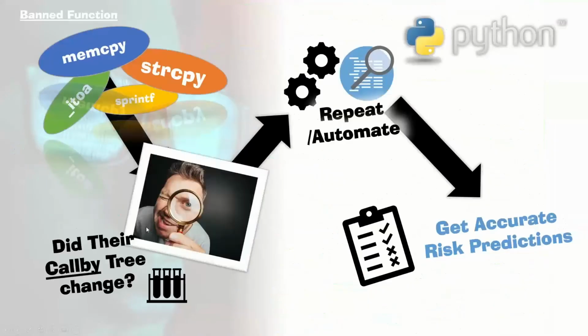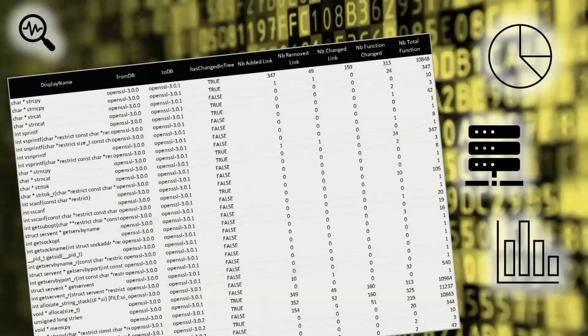So what I did is I found a website that gave me all the banned functions according to best software practice. And there's memcopy, strcopy, sprintf, itoa, all that, right? And then same thing, from one release to the next, I checked, did their call-by change? Are there things that have changed in their call-by? And then I repeated it for every version. So I get data like this, which is